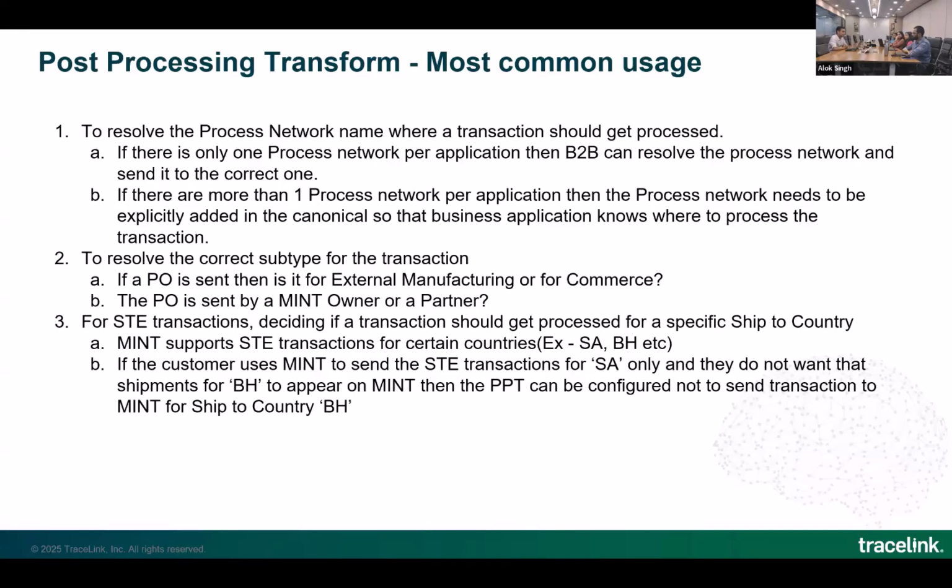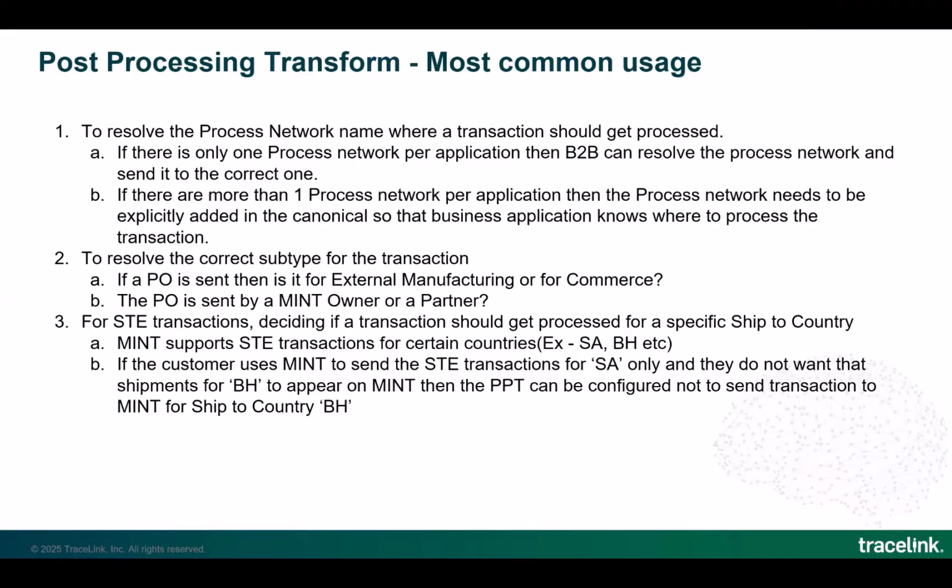Because, and I'm just saying this, I don't want to confuse people here, but even if you do not have the post-processing transform, if you have just one single process network in your company, a transaction you send can be received inbound and get delivered outbound, right? The only thing that will not happen is you will not be able to see the transaction details on the Mint screen because it does not know where to go, whether the purchase order should go under external manufacturing or commerce and so